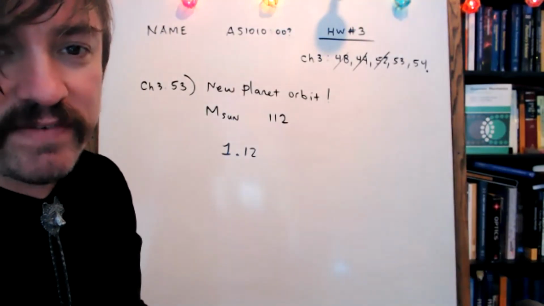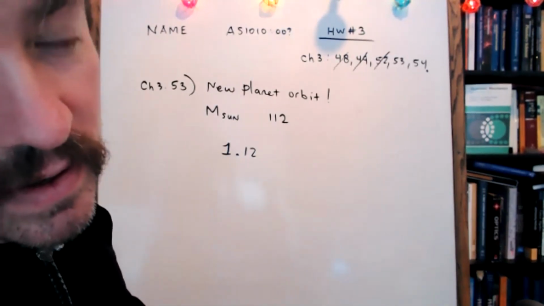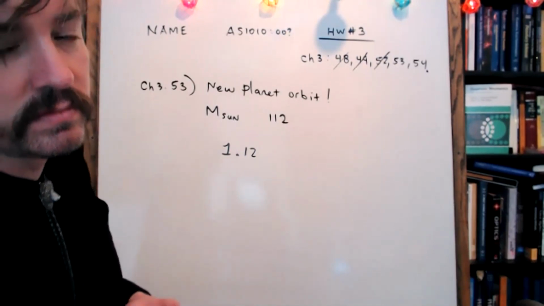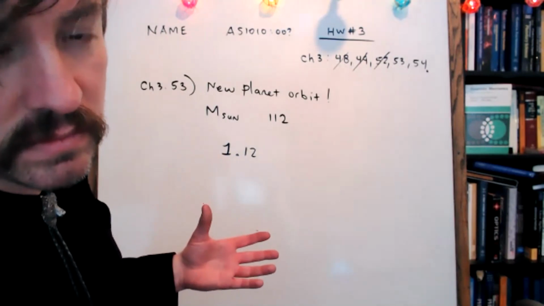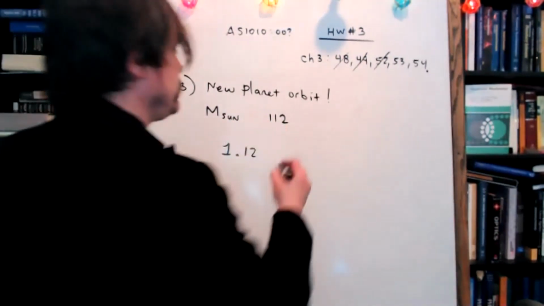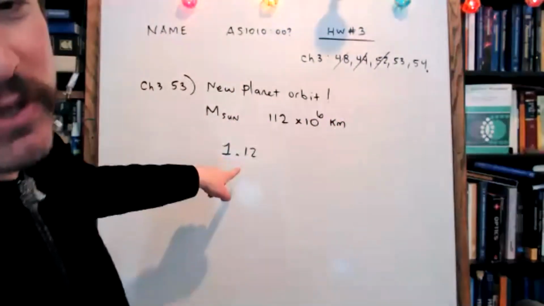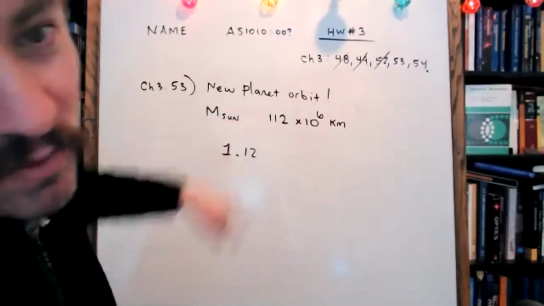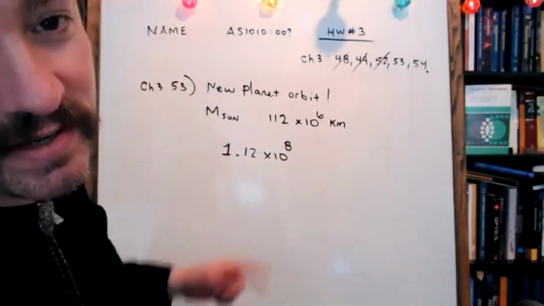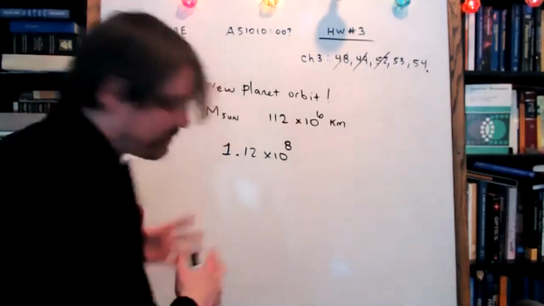Does anyone understand what I'm driving at, or am I confusing you guys? I do. At least I think I do. So 6 zeros is a million. So you would do 112 times 10 to the 6th, right? Yeah. The idea is you don't need to put a decimal point there, Jenna. You just tack on 10 to the 6 instead of a million. If you wanted to do it your way, Jenna, you'd have to move the decimal place 2 more times, and you would have had to do 1.12 times 10 to the 8. But that's so less cool than 112 times 10 to the 6, right? That's my only point.